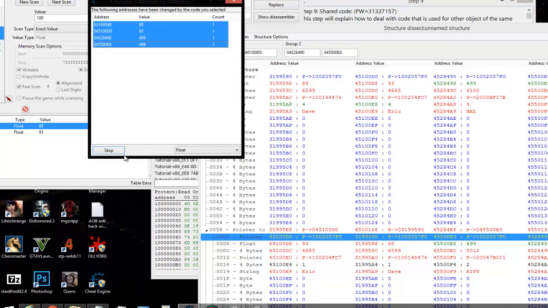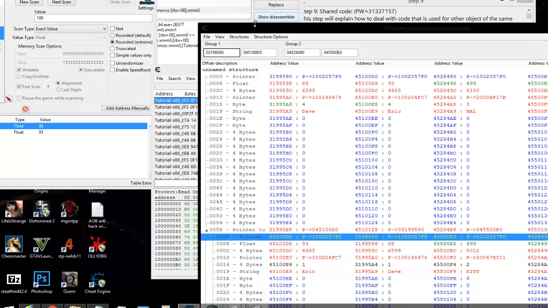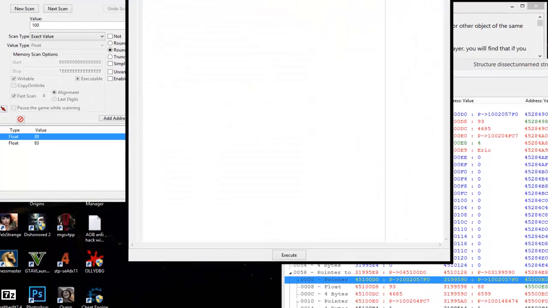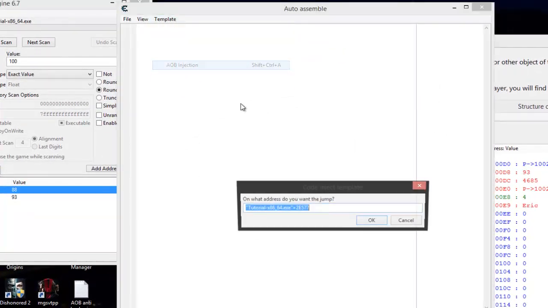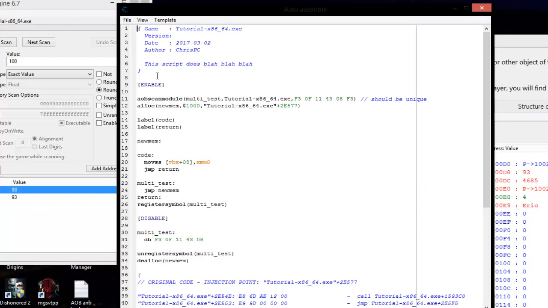We're going to need to borrow 2 different registers to do this. So what I want to do is I want to use an AOB injection, and I'm just going to call it multi-test, if I can spell. Okay,